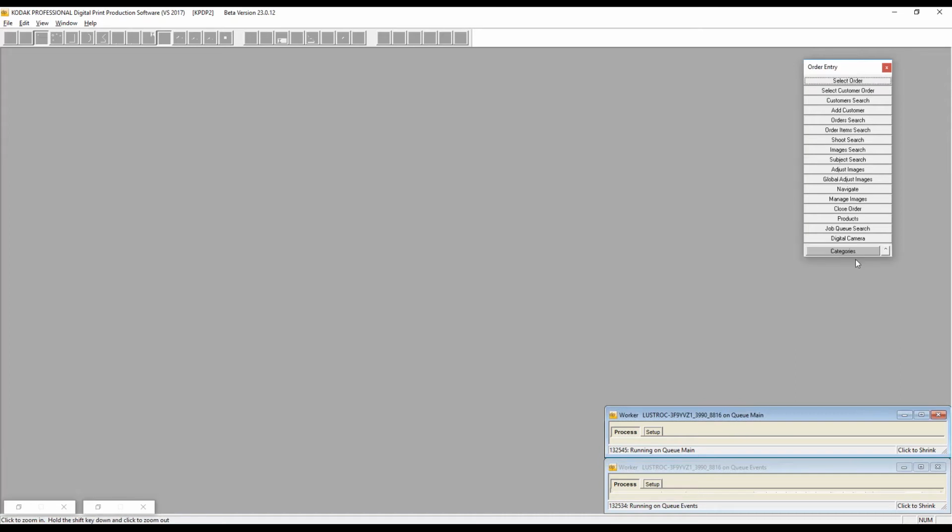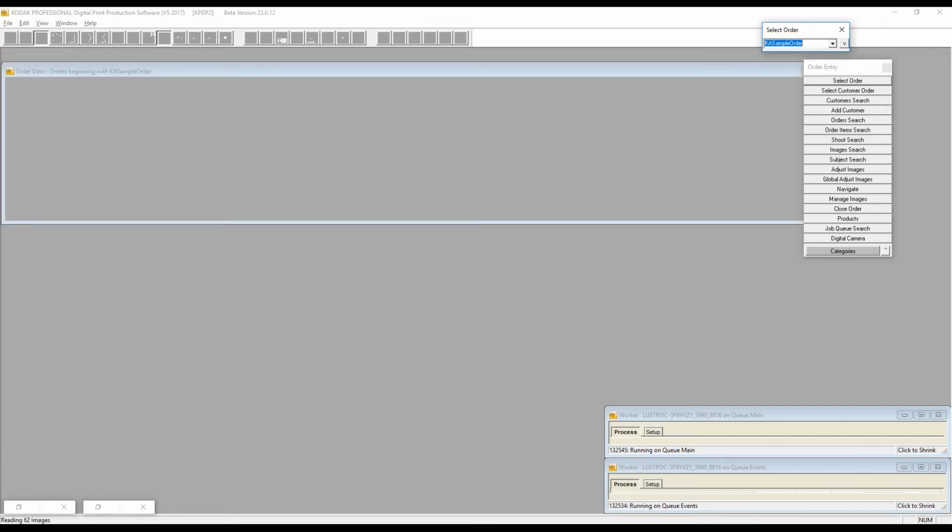By default, when you log on to DP2, if it hasn't been assigned by an administrator, or it hasn't been set up by the production person in the lab, this is where it'll open. The select order opens up a separate window, and what you can do here is type in the first couple of letters. I'm going to again use the sample order, which I discussed in the other videos, and use the enter key to open up